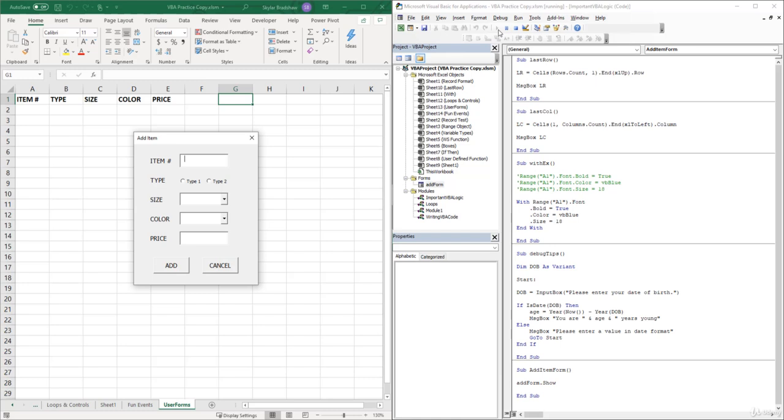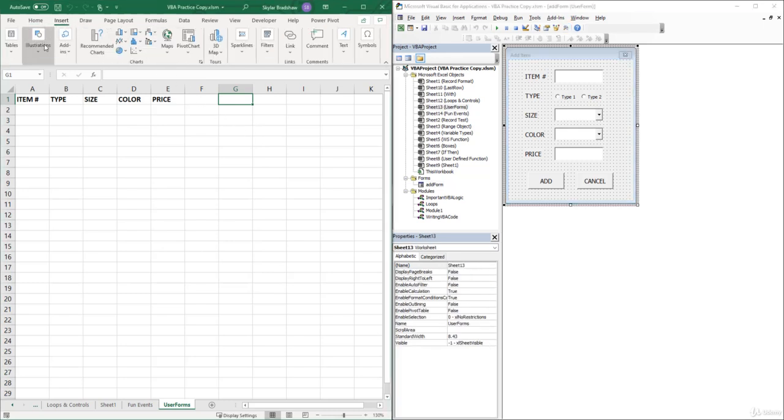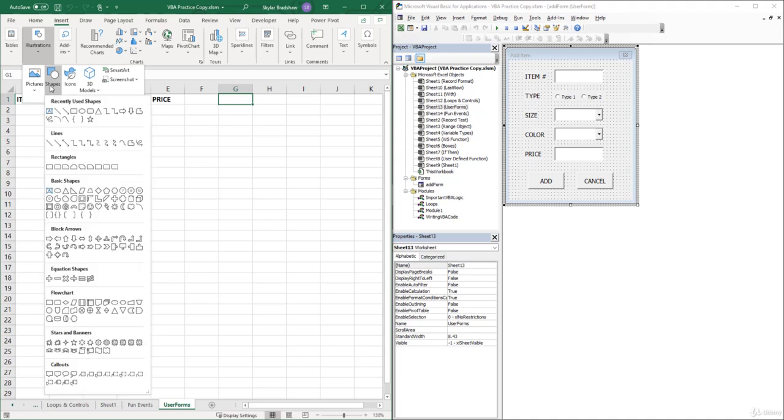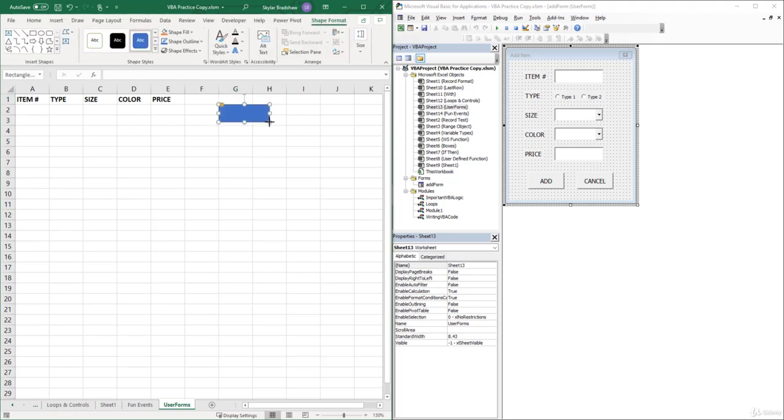So really quickly, let's close out of this. Come up to the Insert tab, Illustrations, Shapes. I'm just going to use the rounded rectangle. Click and drag. And within this shape, I'm going to insert some text that says add item. Then center this text